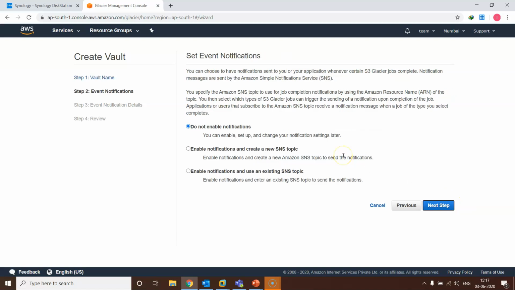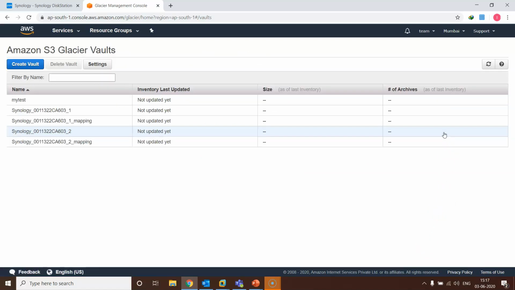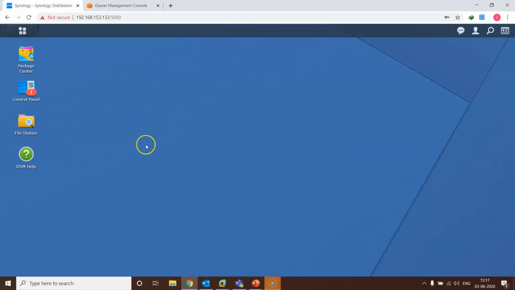Next. The next option is if you want to enable event notification for this particular bucket, you can create it from here, otherwise leave it as the default. Next step, submit. So now you can see your vault is created. So let's go back